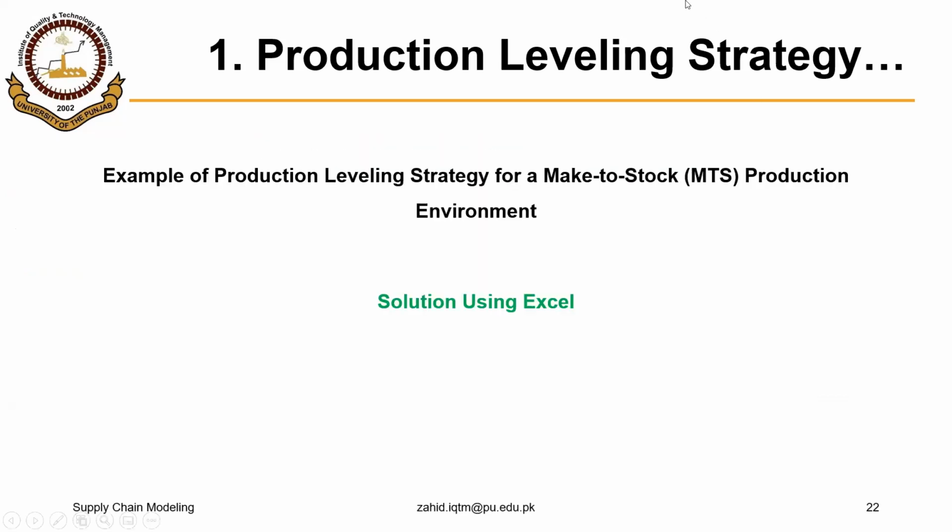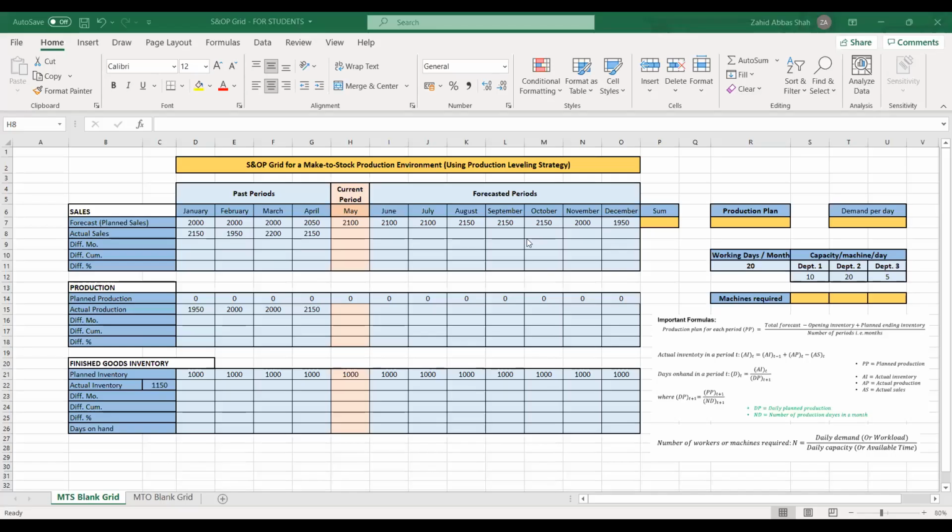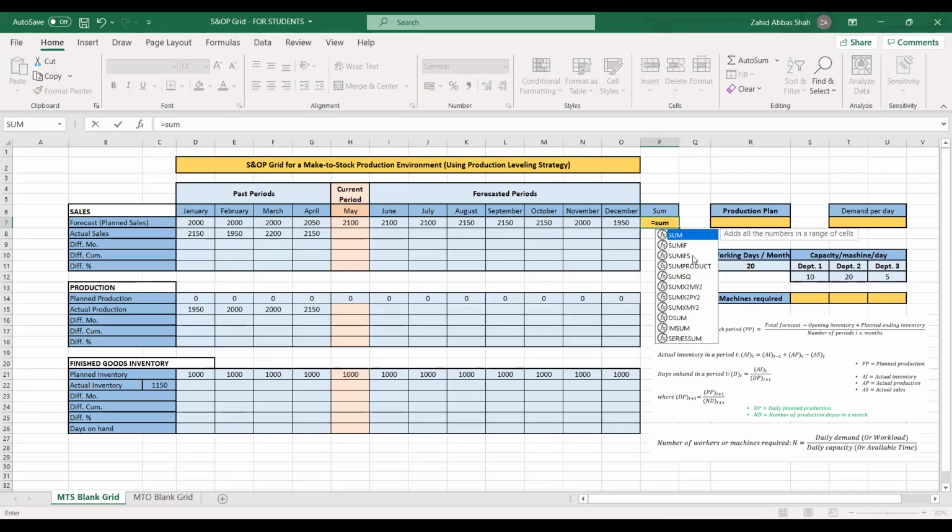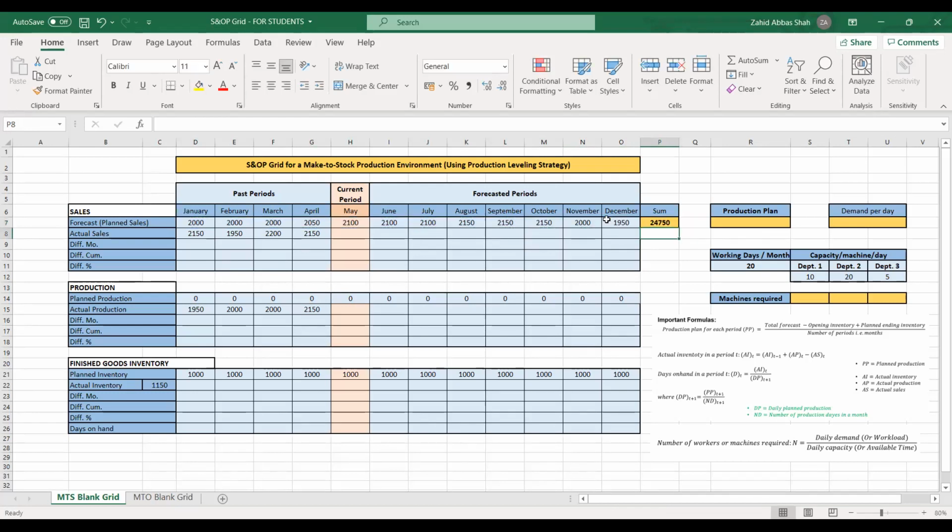Now we will solve this S&OP grid using Excel. So here we are having a planning horizon of 1 year and our planning period is a month. So we are given the forecast for the next 12 months. So that forecast equals, by adding these amounts, it equals to 24,750. So the average quantity that we should produce every month will be equal to this total forecast